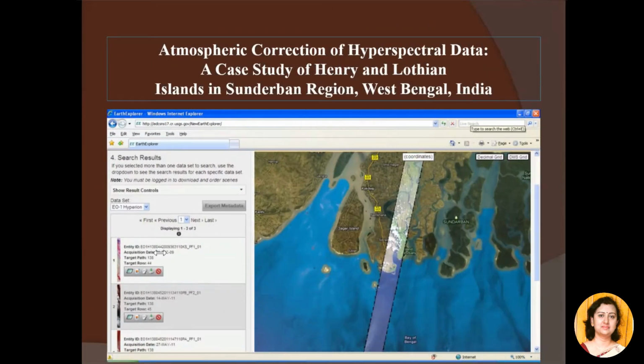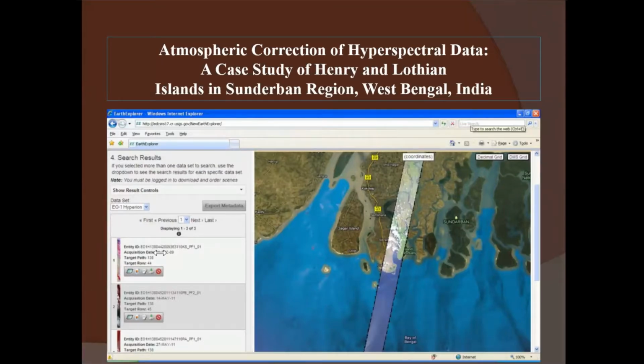Before we delve into the atmospheric correction algorithms, and before we start demonstrating the processing methodology using software, we would like to discuss why atmospheric correction is required. Why is it necessary?